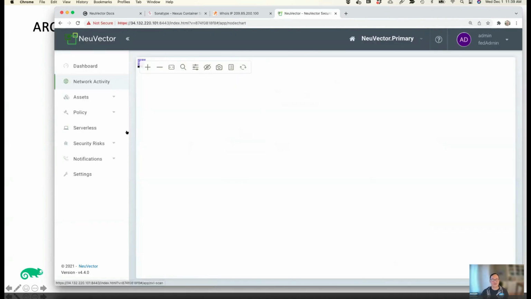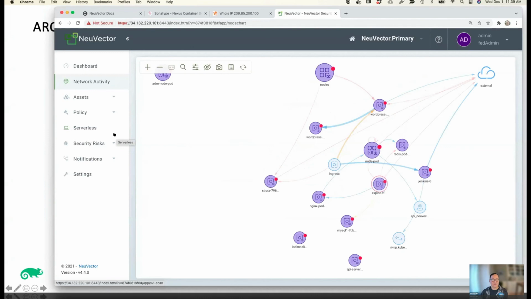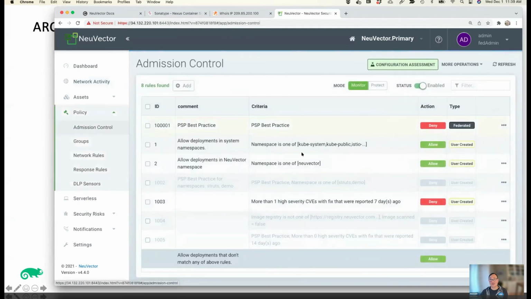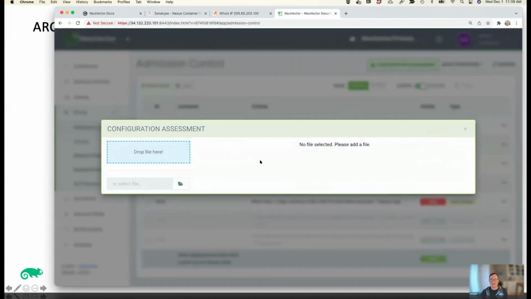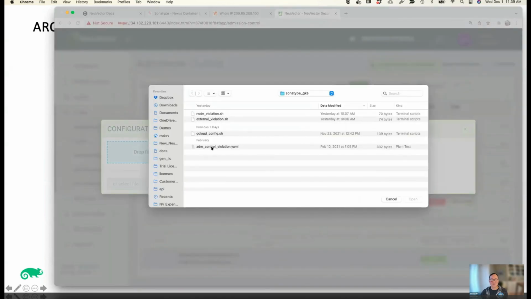And that is the ability to upload your deployment YAML that you're going to use to deploy. So this can be done very early in your pipeline and check to see if it's going to be allowed in the production environment, or if it's going to be blocked by or hit any admission control rules.